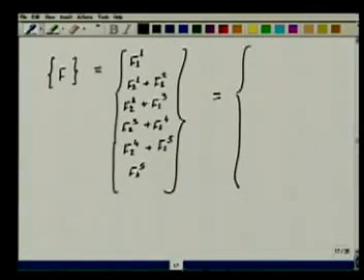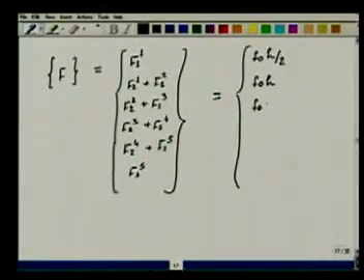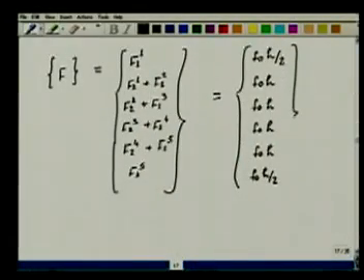So what do we get? F1 of I is equal to, what do we have? F0 into H by 2. Here I'll have F0 H by 2 plus F0 H by 2 because all elements are of the same size, so this becomes F0H. The third one becomes again F0H. Fourth one becomes F0H. Fifth one becomes F0H. And the sixth one becomes F0H by 2, because it only gets contribution from one element. So this is nothing but the assembly of the load vector.